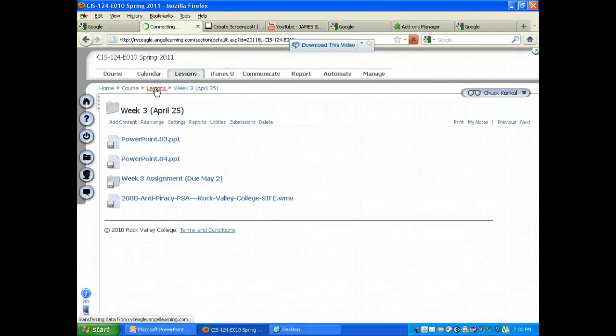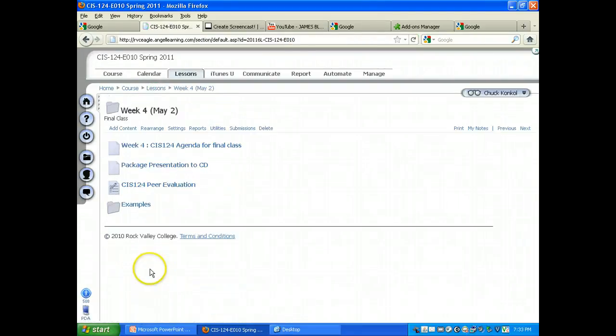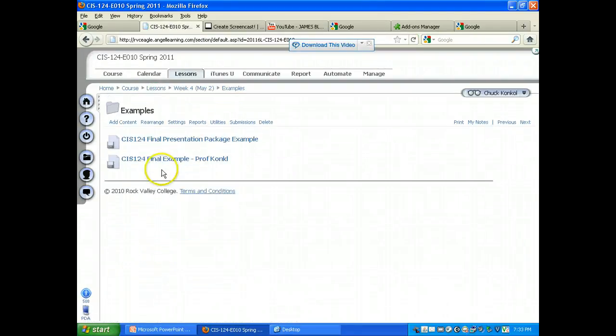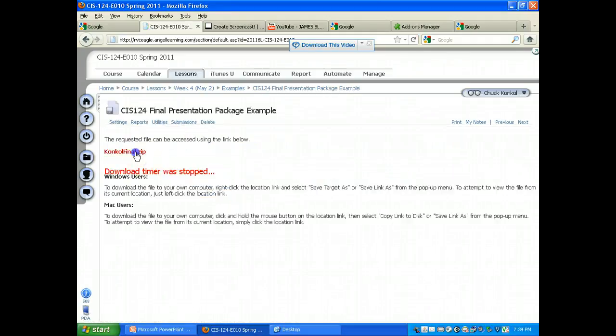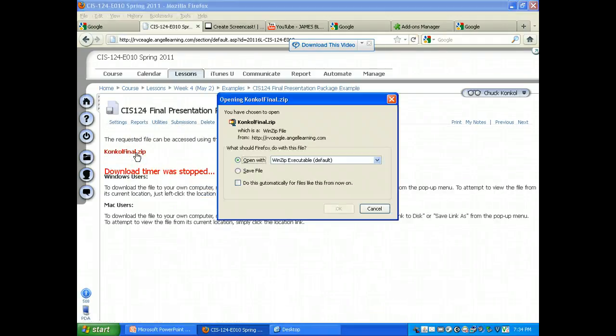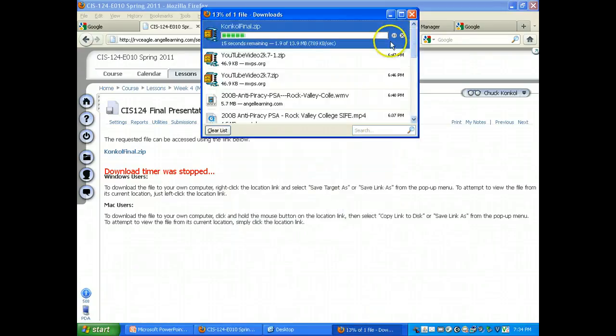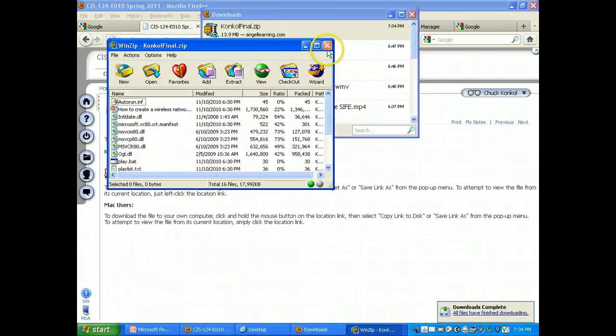Now, let me show you. If you want to know what it should look like at the end, I have a final example in the example folder on week 4. Here's the package, and then here's the actual presentation. I'll look at the package first. It's a zip file, a compressed folder. Let me show you what it looks like. This is actually a finished presentation, all zipped together, using that CD package feature we're going to be using next week. It's built into PowerPoint. And the whole purpose of this